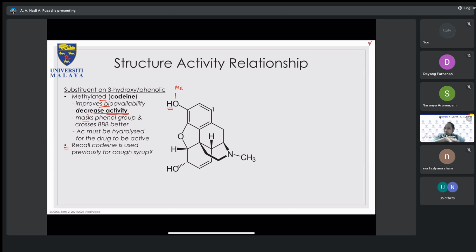Again, move back to how the endorphin structure is. So endorphin does not have any methylation on the phenolic group, and therefore, if you actually methylate the same group, then you can see the activity will be slightly different. Okay, so you mask the group. However, it crosses the blood-brain barrier better. Okay, so if you don't remember what BBB or blood-brain barrier is, it's generally kind of like,